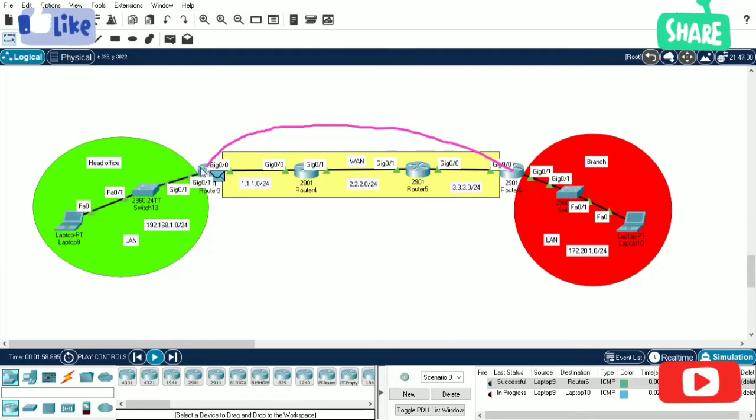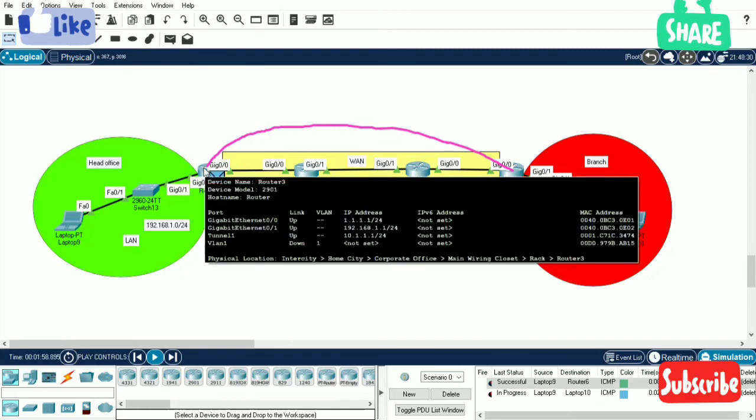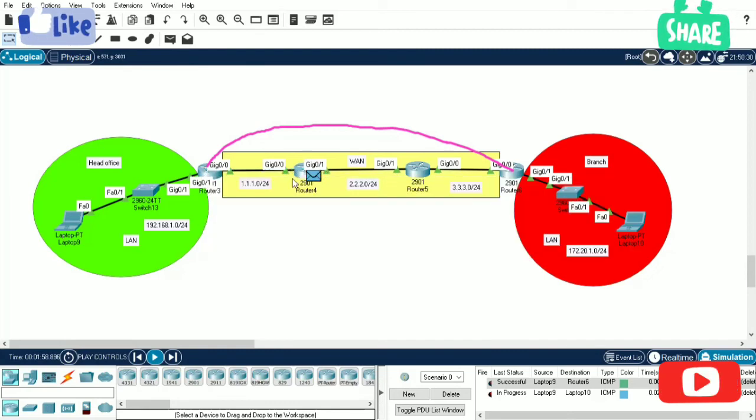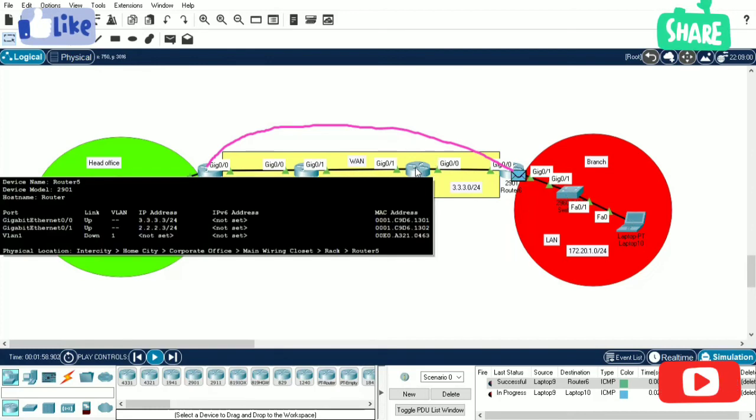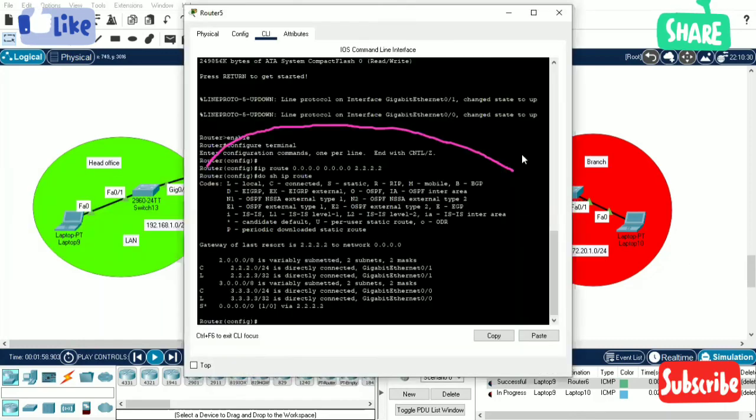Now what is it going to do here? The destination is 172.20.1.2. This router does not have a route for this network, but still it routes the packet to the destination, even though this router does not have any route for this network.